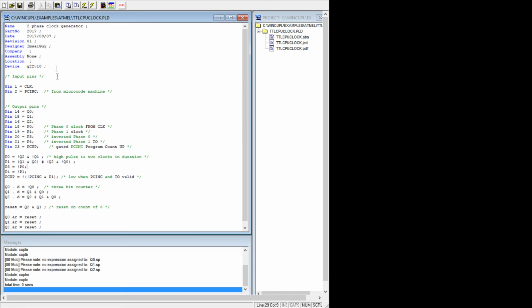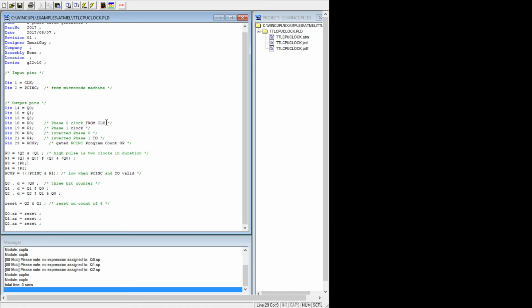Okay, this is the WinCUPL program that we were using before. So I've added a couple lines. I've added this line here. Pin 2 equals PC increment. That's an input. And then the output we've added is pin 23, which is PC up. And this is what I've added here. PC up equals not, bracket, not PC increment, and P1, which is the phase 1 clock. And yeah, we can compile this and we'll program it